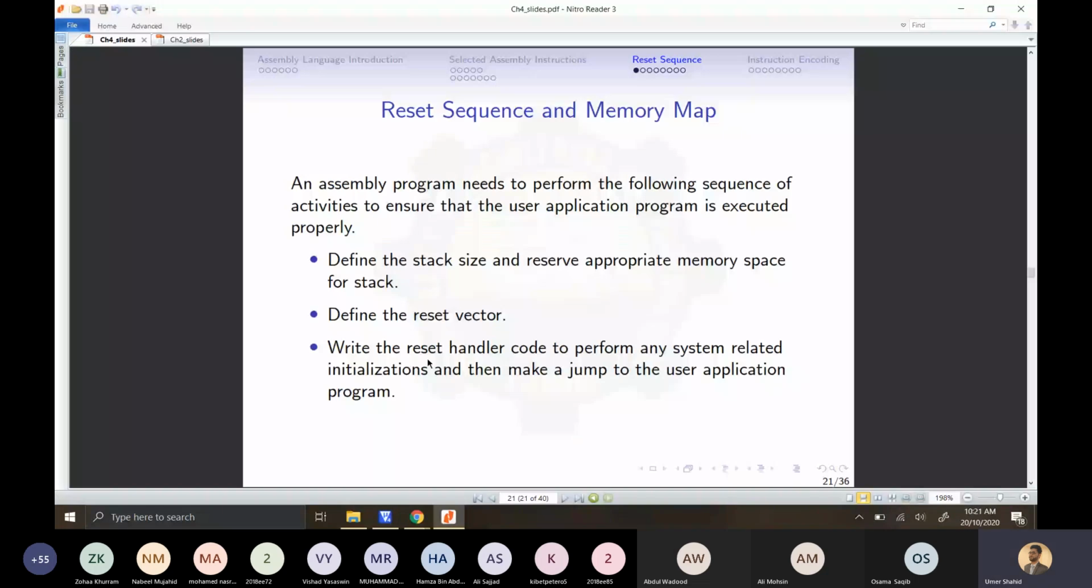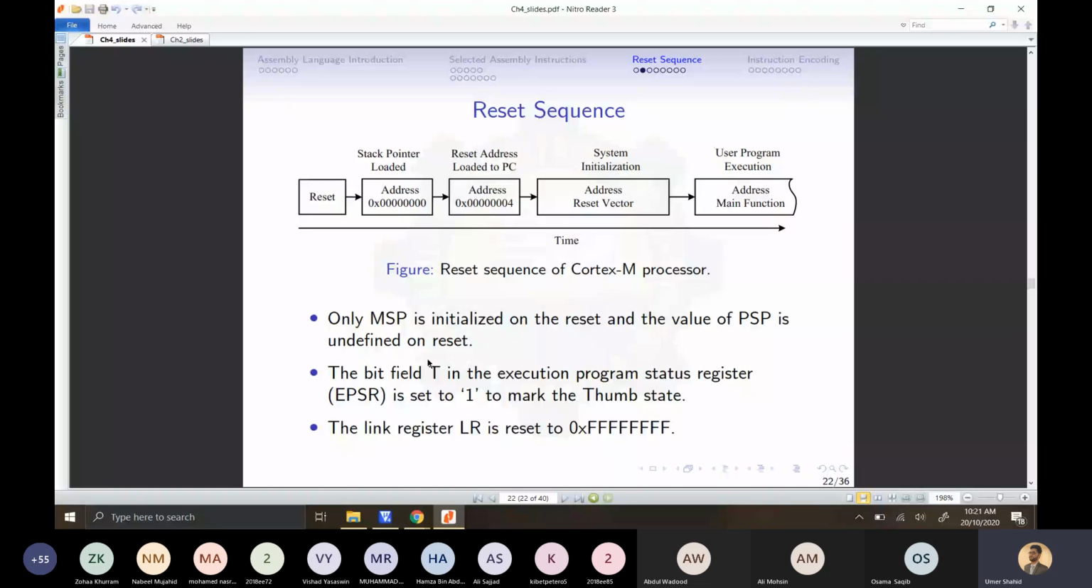Now comes the reset sequence. This reset sequence we will also discuss in chapter 2 as well. Whenever the processor gets reset, it will go to this memory location. This memory location is 0x all zeros, and this memory location will hold the stack pointer value. So it will contain the stack pointer value. For example,